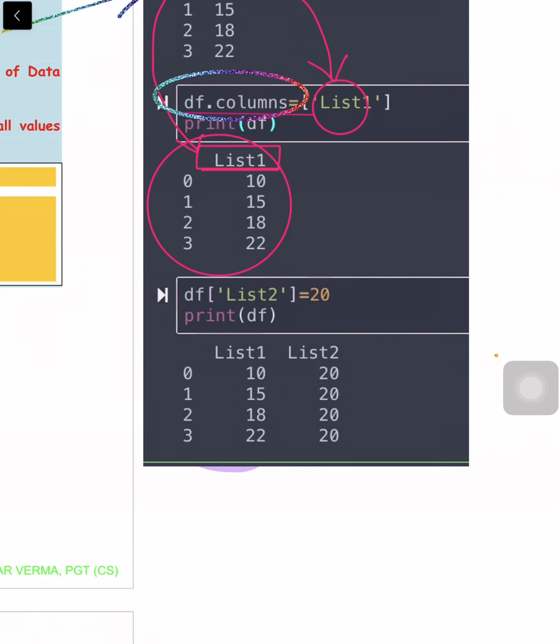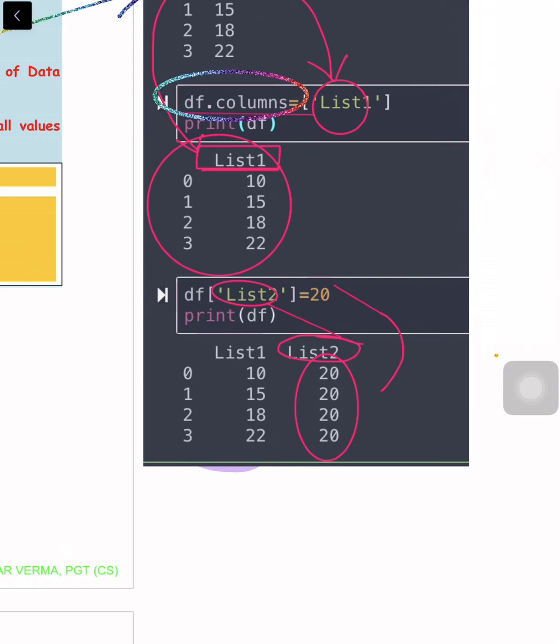Now it will create a list2 column. So the list2 column has been created. Since only one value, 20, has been passed, it will copy the value 20 to all the spaces available. The data frame has 4 rows, so it will copy it 4 times. This is how to create a new column in an existing data frame.